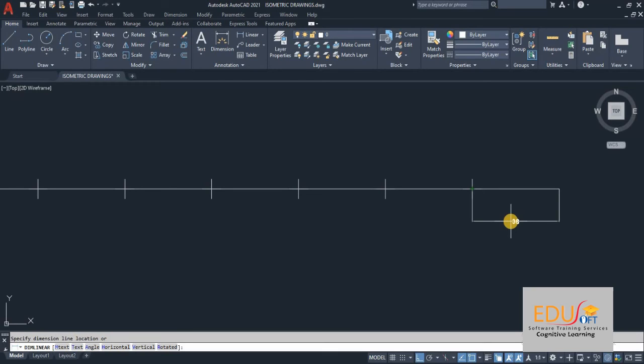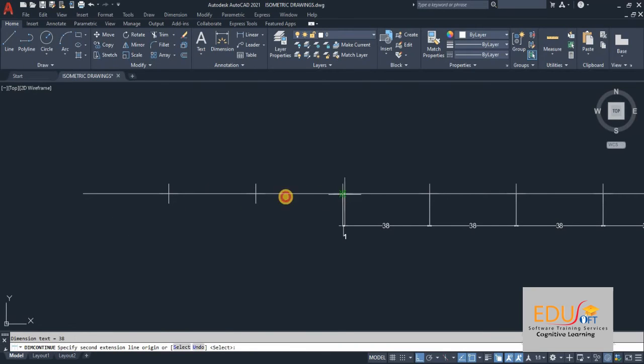If I select the object from the left side, the division will start from that side. You can see the dimensions 38, and as we have seen in the last segment, it will be divided as 37 only. Why? Because up to this we can divide equally into segments of length 38, but this will be the balance line. The line is still extended up to this much, and the balance will be kept as it is.